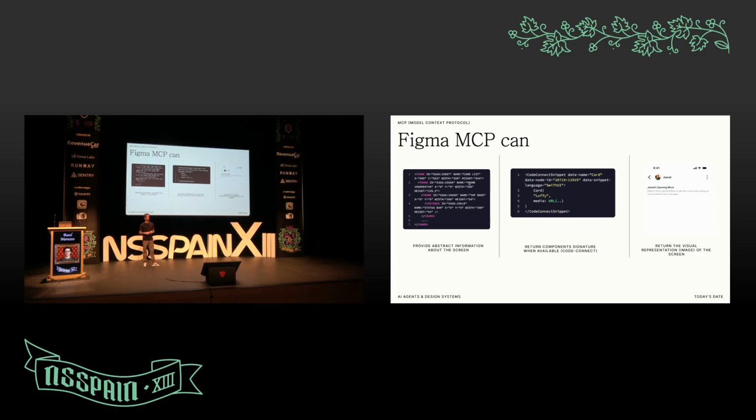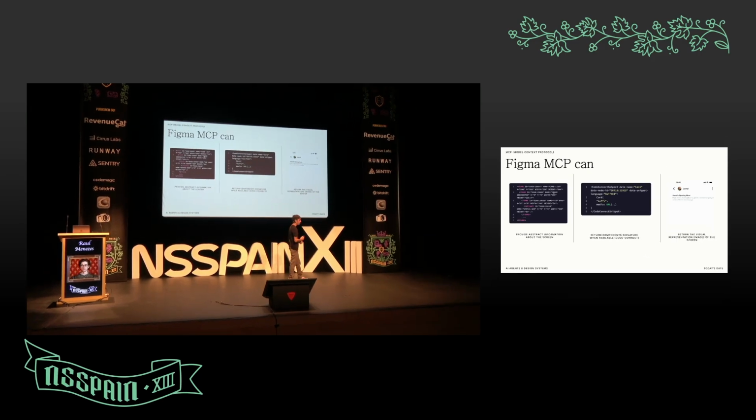Why does this actually matter? If you think that design systems are giving you the whole structure, the components that you need to run, what you're missing right now is context. Context is how the screen looks, because if you just input an image, what we are doing right now is letting the agent guess how things work.